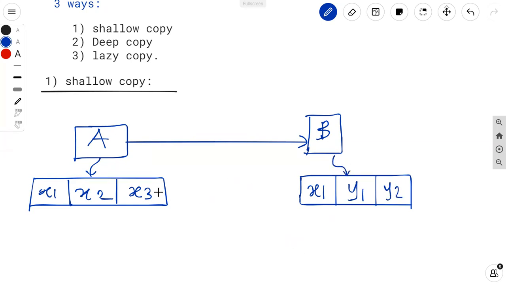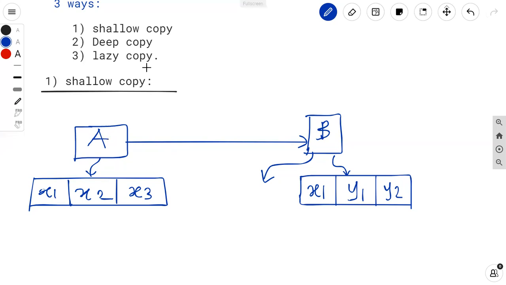Okay. So in this way we are copying some of the members from object A to object B. Such a kind of copying an object is called a shallow copy. Meaning, we can copy only some members, not all, because we do not need all the members at a time. So we can copy some members from one object to another object. Such a kind of copying is called shallow copying.